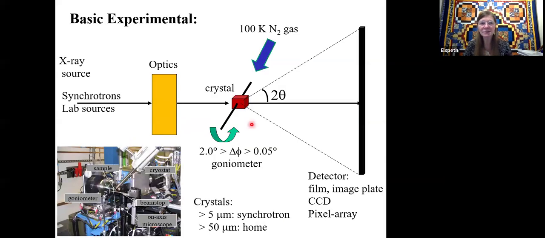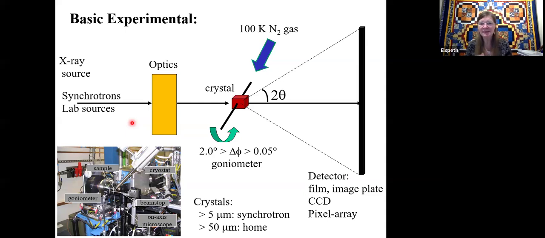What do we actually do? Well, probably many of you know this already, but we can have an X-ray source, as I said, synchrotron or a lab source. We have some conditioning optics for the X-ray beam. There are no lenses which will allow you to focus an X-ray beam. Well, not simple lenses anyway, no optical material. But some very fancy multi-layer lenses, relying on Bragg's law, allow you to actually focus the beam